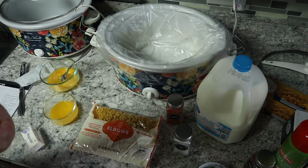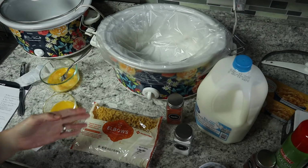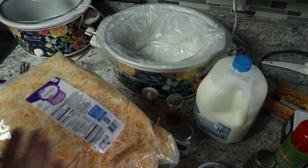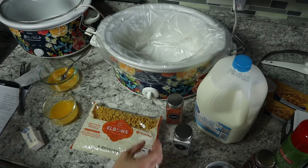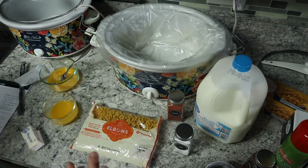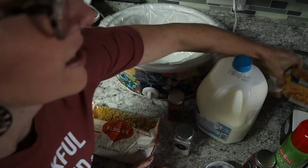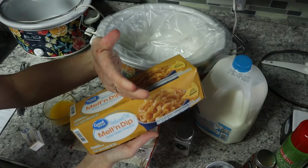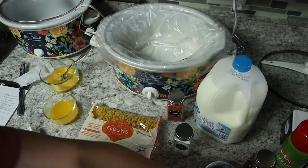And then 18 ounces of, it says sharp cheese, which equals out to 6 cups. I'm going to use the Colby Jack cheese that I have because I think I have enough cheese for today. And then 1/2 teaspoon of paprika. But I'm actually going to add a little bit of garlic powder into this because I always do with macaroni. And probably to make this even creamier so it's not as thick, I'm going to add maybe half of this into this to make it even creamier with the Velveeta cheese